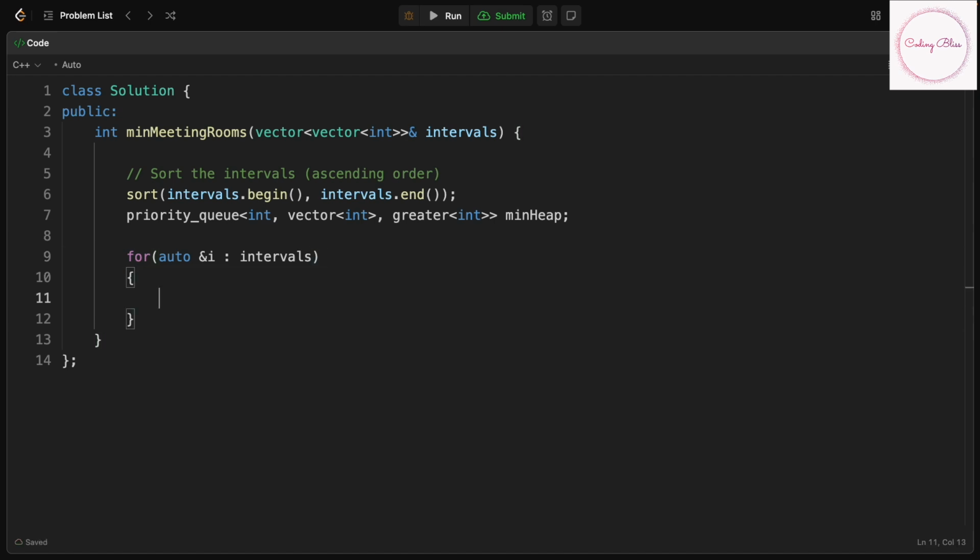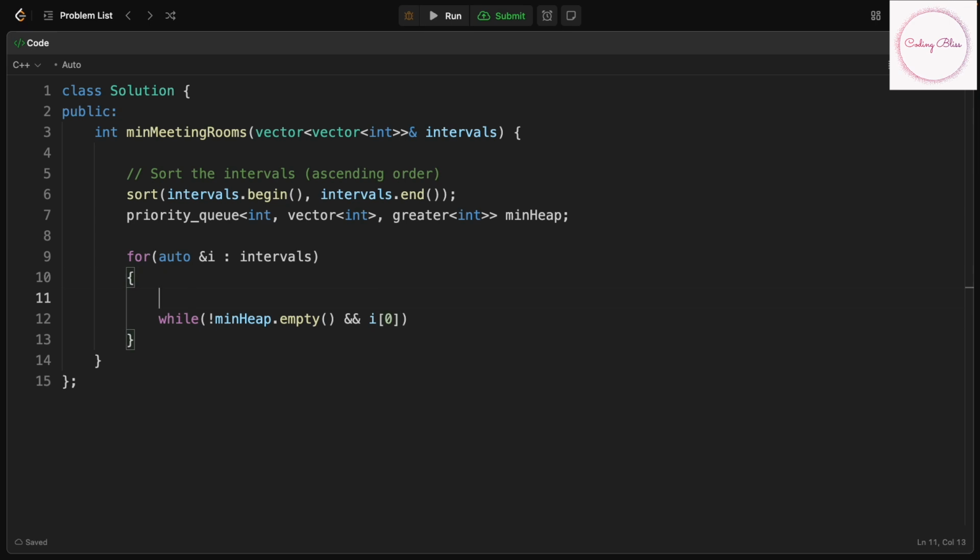Now what we'll do is, while min heap not empty, and the start time, I of 0,